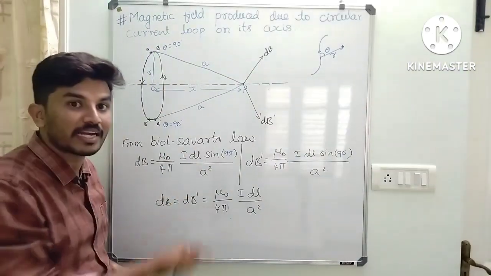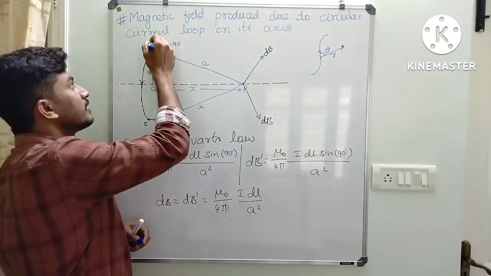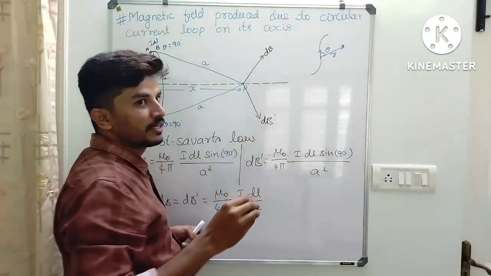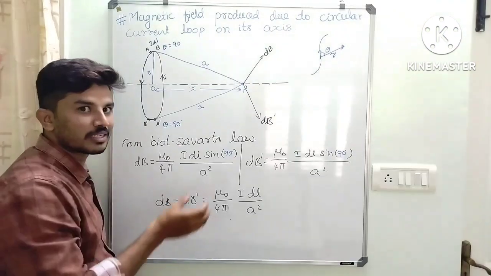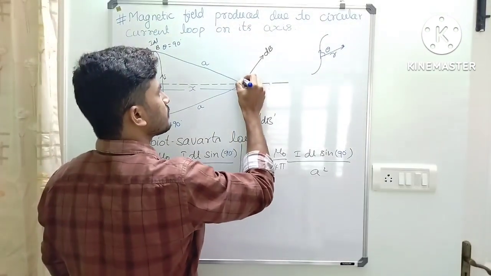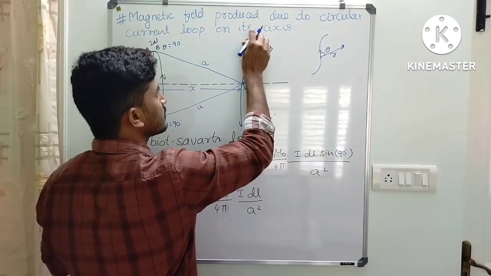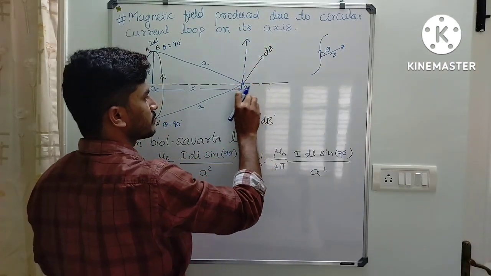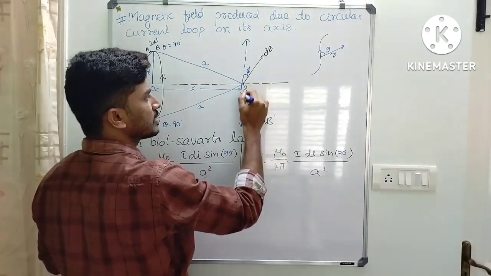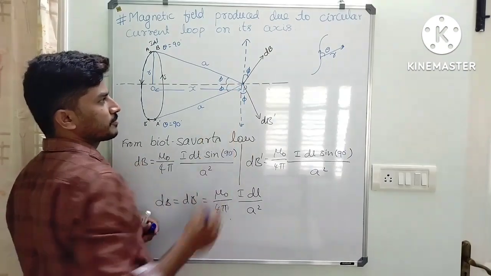Means we need to find out the total magnetic field due to the coil. Here we have calculated the magnetic field due to a single current element I dl. So what I will do is resolve this and integrate the dB value so that I get the magnetic field. Let me take dB along the x-axis and y-axis. If I take along the y-axis, let me consider this angle is phi, this angle is also phi, and this angle will be equivalent to this angle phi.